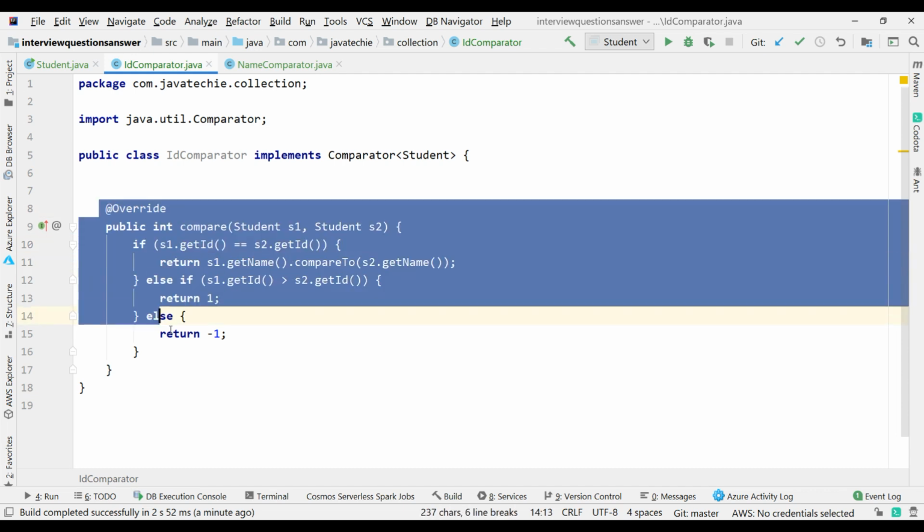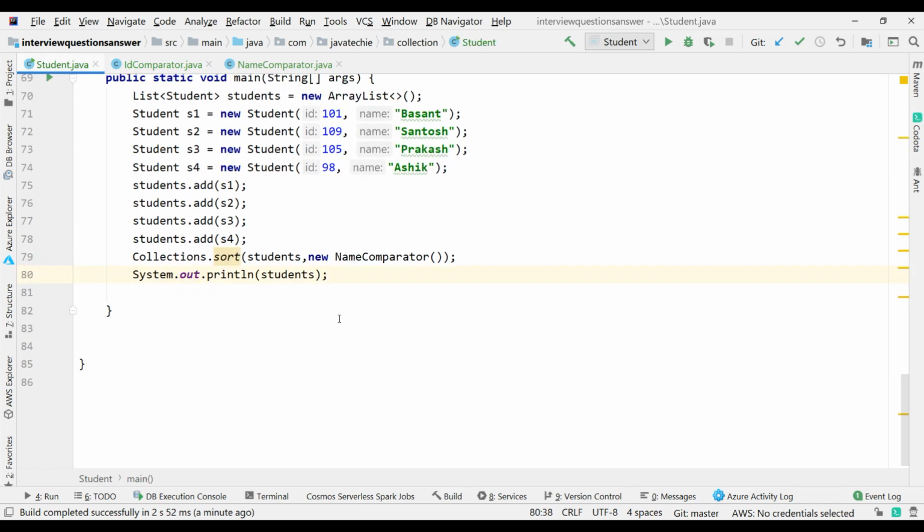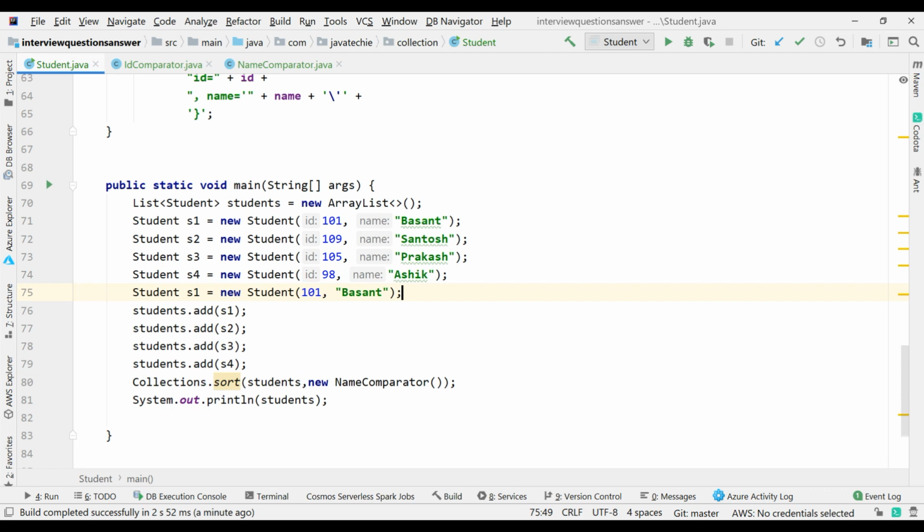This kind of scenario we may also need in future or while implementing an application, right? Now if you go to the student, let me change something. Let's say I'll add one more object with the same ID. Let's say S5. The ID is the same. Then I just want to add something, BIKSH.